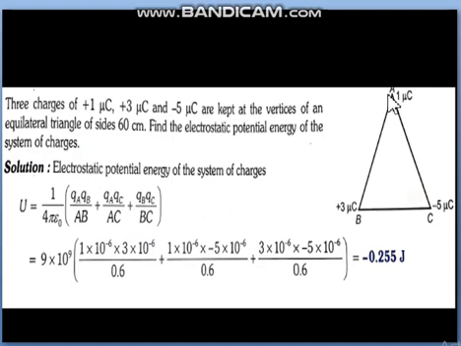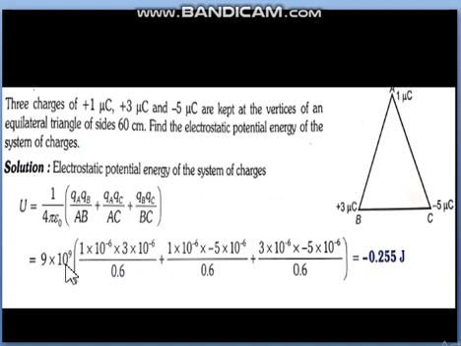So you can see there are 3 charges. So we will be making 3 pairs of 2 charges: a pair of these 2 charges, a pair of these 2, and a pair of these 2. And because potential energy is a scalar quantity like potential, we have to use the sign of the charge also. Wherever 5 microcoulomb is to be substituted, that means -5 microcoulomb we will substitute because it has a negative sign. So let us start now.